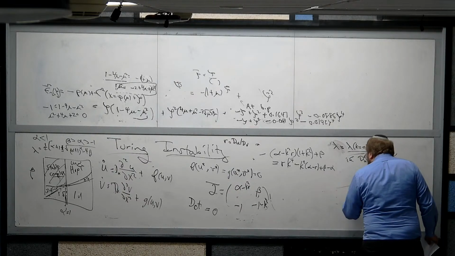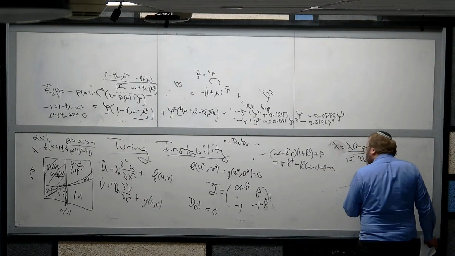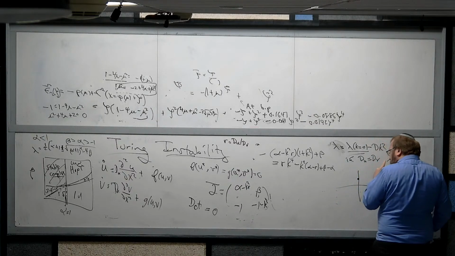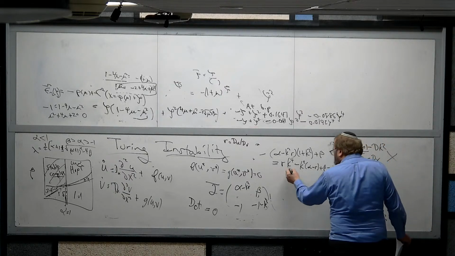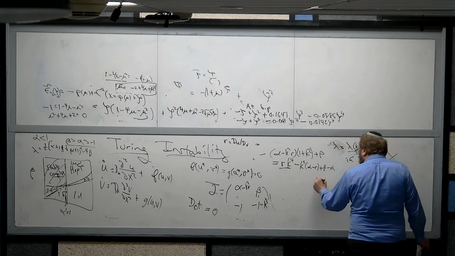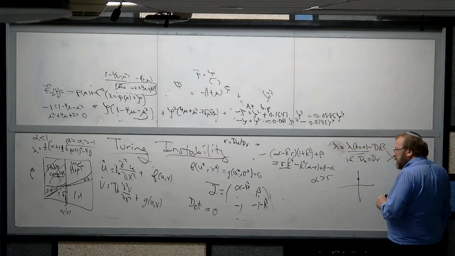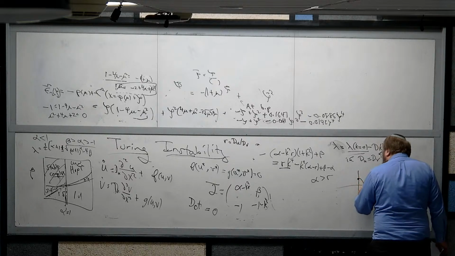So this beta minus alpha we said has to be bigger than 0, right? And now, if we're going to get a solution of this, r is positive, so we need that alpha has to be bigger than r, right? In order that this be negative,